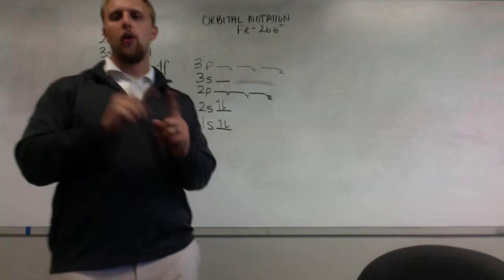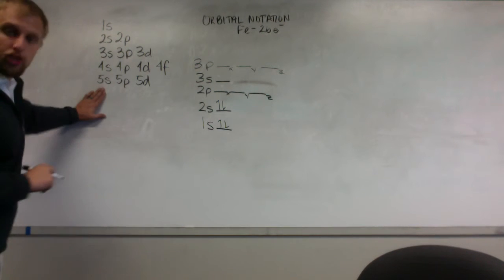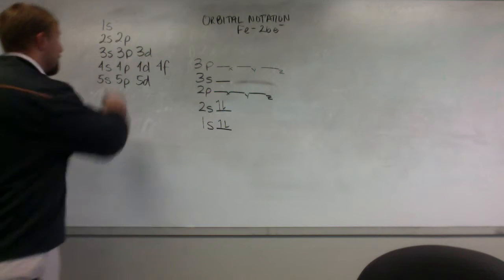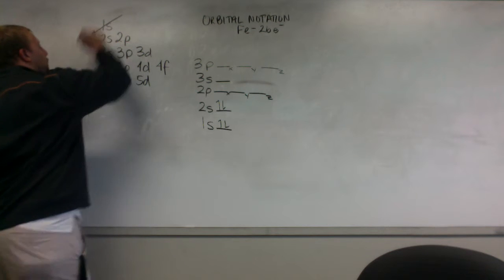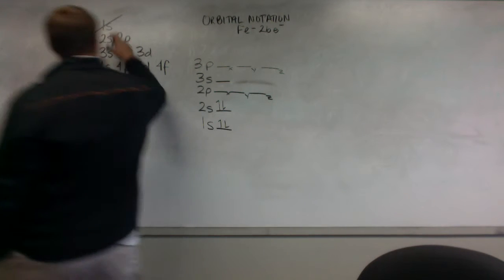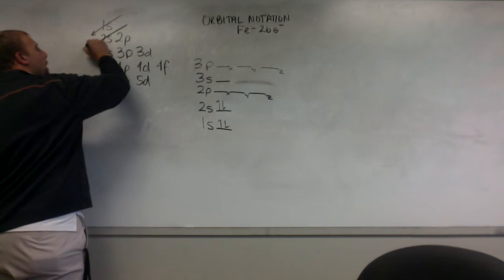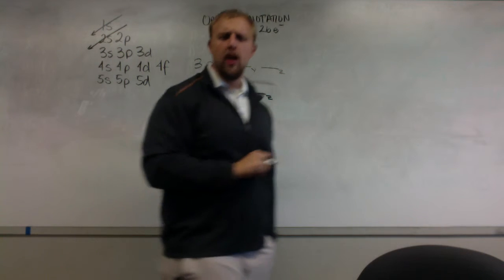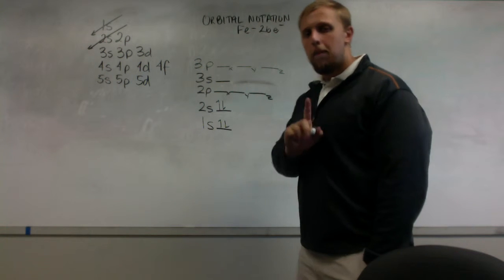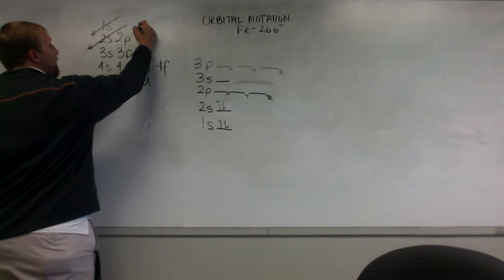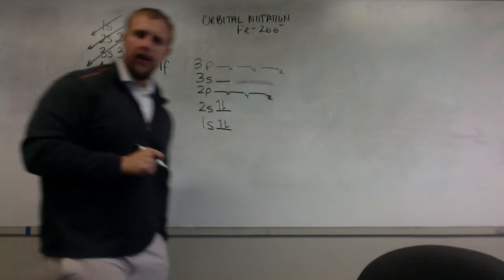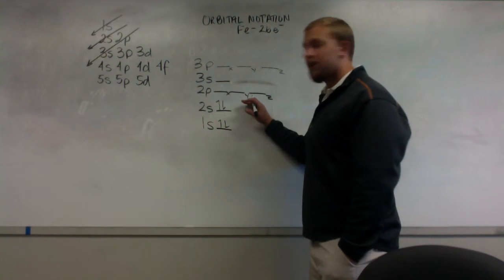Now, how do I figure out which one to fill? Well, that's why we drew this chart. So it's really easy. We start at the top, and I'm going to draw a diagonal arrow down. So here, once I'm done filling the 1s orbital, I'm going to draw it through there. Well, where's the next orbital? Well, I start here, and I say, okay, I'm going to start another parallel diagonal arrow. So as you can see, I start at the top, and I fill from 1s, and then I fill 2s. My next orbital filling will be from 2p to 3s. Great. All right, so now I'm going to look at my next available one, and I'm going to go up